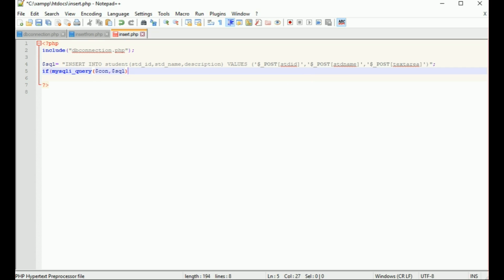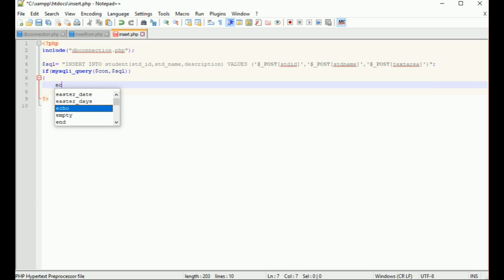The mysqli_query function is used to execute the insert statement, and the record will be updated.